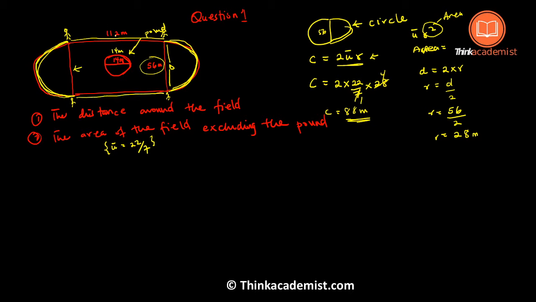Now, these two lengths have been labeled. The top part has been labeled as 112 meters. It is the same length down here. So this one too is 112 meters. Okay? So all we need to do is to add the 112 meters of this side and the 112 meters of this side, and then we'll get our total distance around the shape. So we've established that this is our circumference for both semicircles. So it's going to be 112 plus 112. Remember the 112 is for this side and then this side. Then the circumference of these two semicircles, as we've calculated, is 88. So adding this will then give us